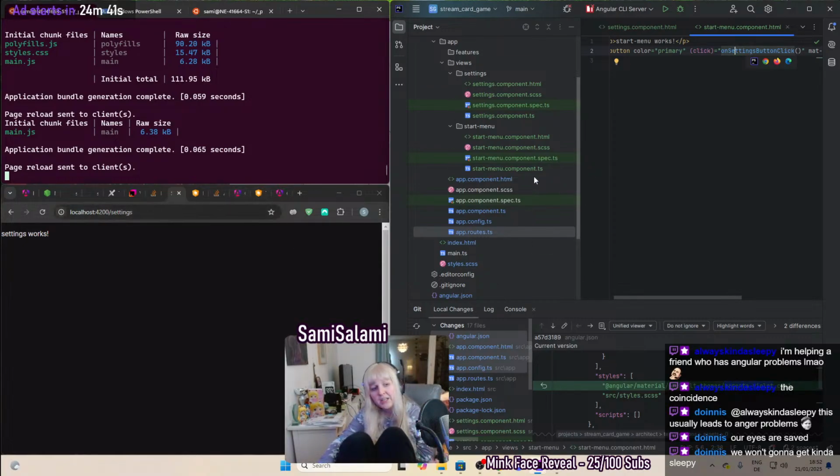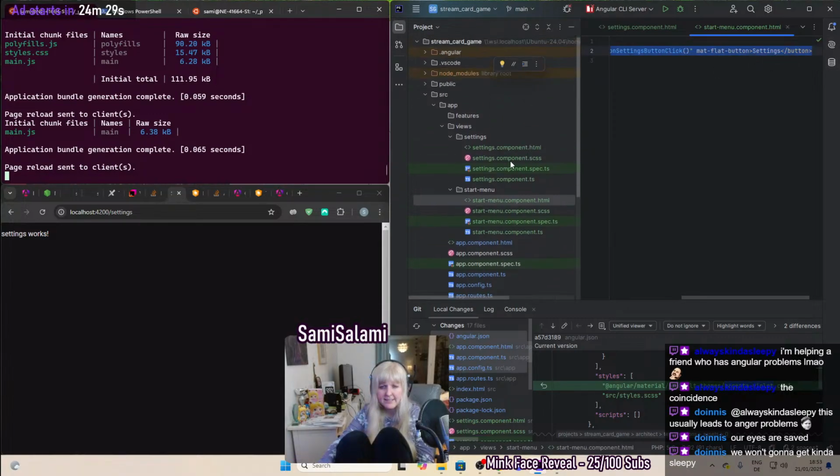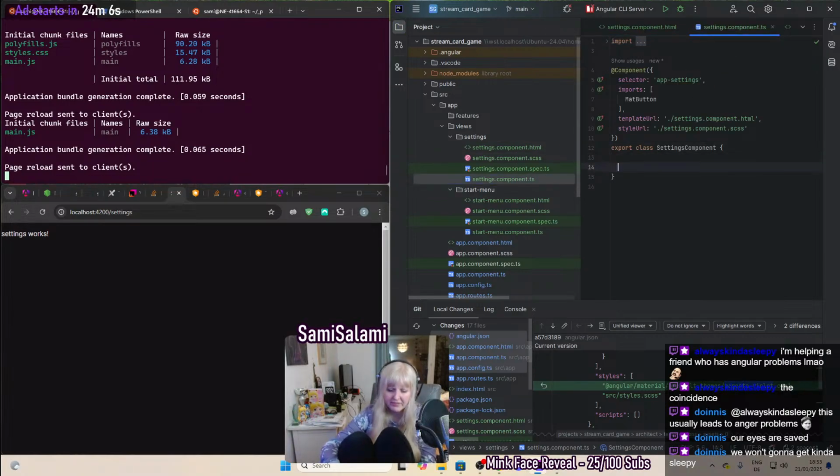Okay, so we can now really quickly take the same button here, and instead we call this button just back, right? And obviously it's now red because our settings component doesn't have this function, and that's fine. We don't even want that function. We want instead public on back button click,